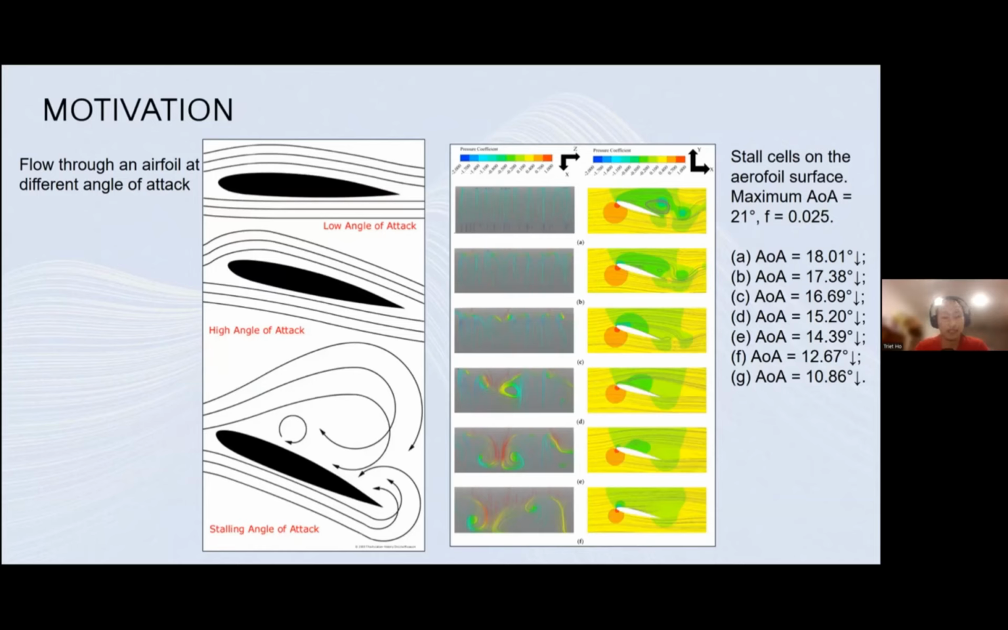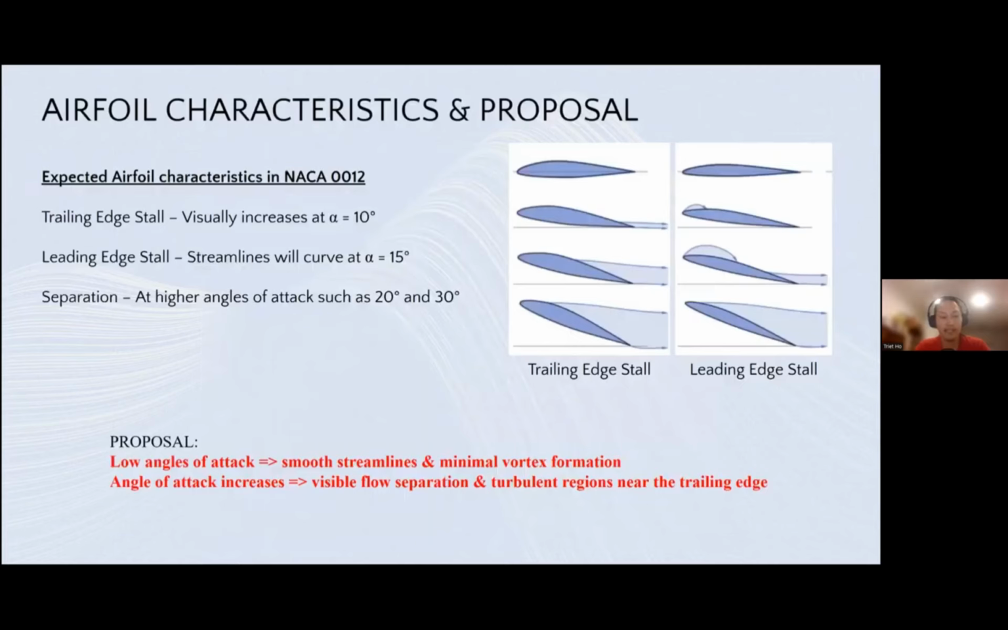Therefore, in this project, we want to experimentally show the flow visualization through an airfoil at different angles of attack. If we look at the NACA 0012 airfoil at an angle of attack of 10 degrees, we start to see the trailing edge stall. At 15 degrees, we get the leading edge stall. And finally, if the angle of attack is high, at 20 or 30 degrees, we can see fully separated